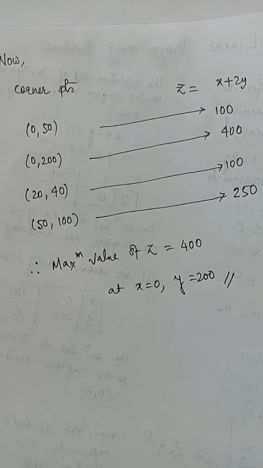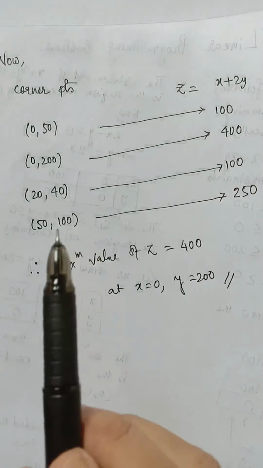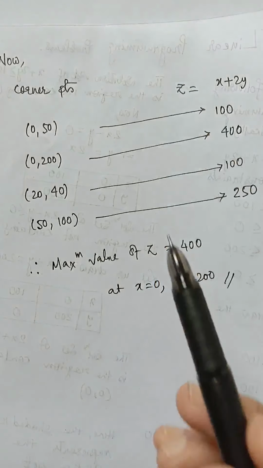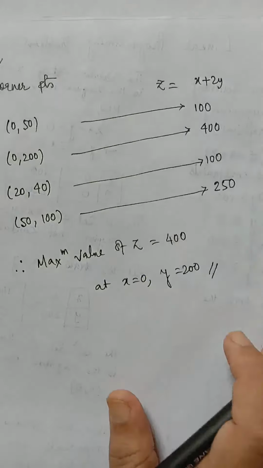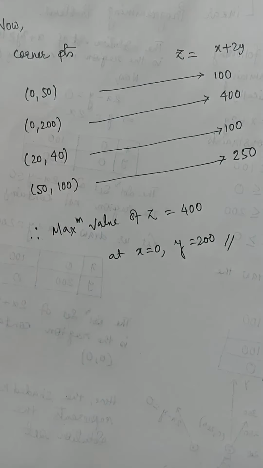Okay, so first of all we have to draw one by one all the three constraints. We have to find the common solution set or feasible region. We have to find the corner points. At the corner points we have to find the values of z, and for the maximum value of z we have to take the maximum value, for the minimum value of z we have to take the minimum value. So this is the procedure to find the maximum or minimum value of z.